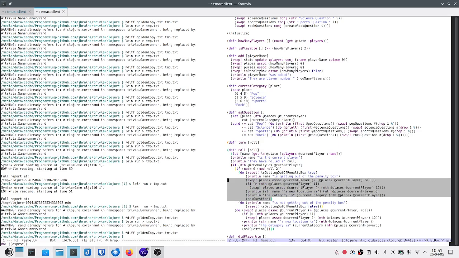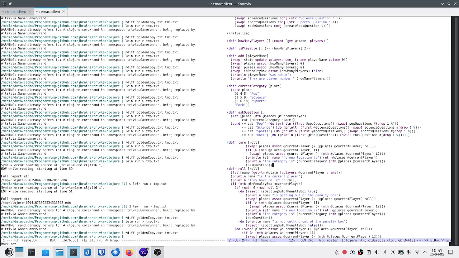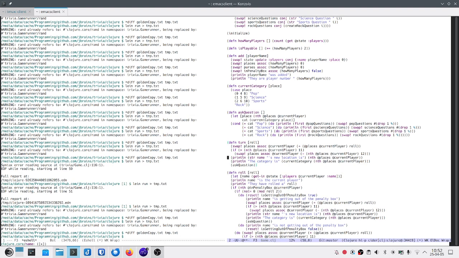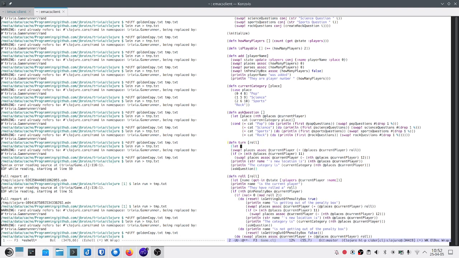Oops. Okay, that's the right. Does this take anything? Yes, it's got a name here as well, which it needs, but that's all it needs. So let's define the name here.